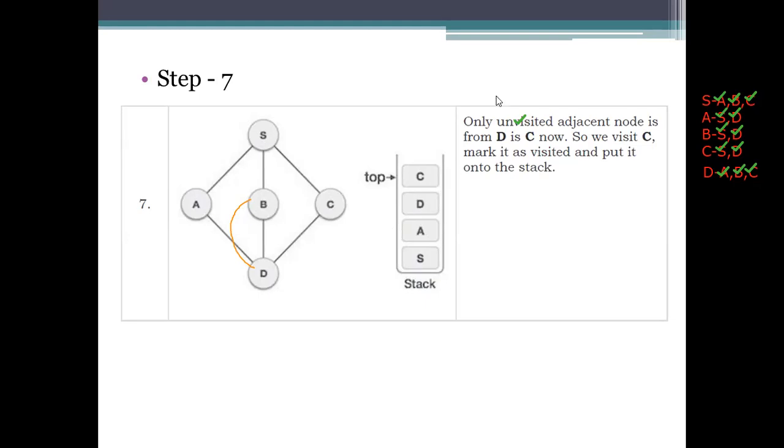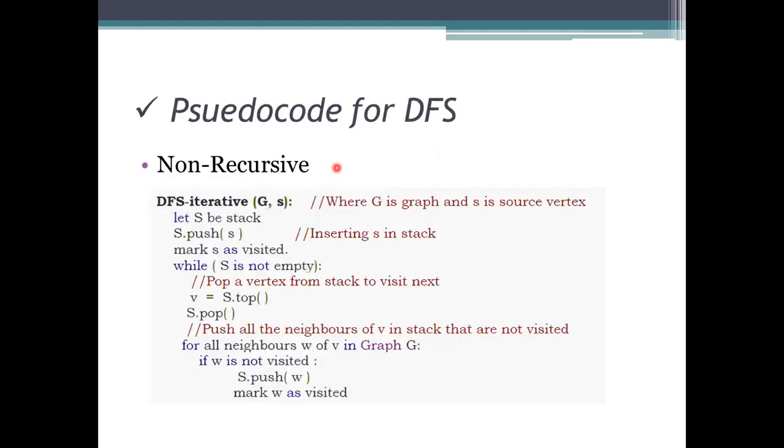Okay, and coming to the pseudocode representation of this DFS, we have two versions: the iterative, that is the non-recursive one, and the recursive one. So here we initialize with the graph which has the source vertex, here S, or in the previous example we took it as H. Let S be a stack we are representing, and we need to push the value S into it. S means the capital S representation in the previous example.